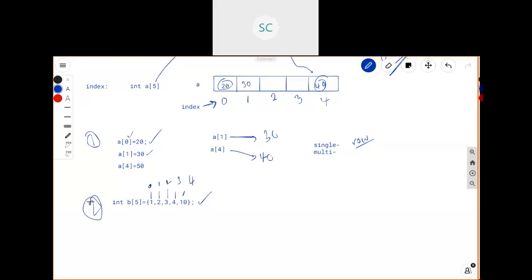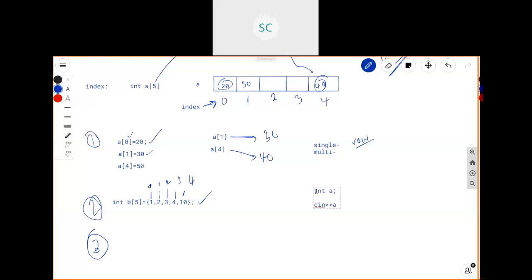You can get elements from the user also. Here I am assigning directly. Similarly, in the variables concept, I have declared int a equals 20. Instead of assigning manually within the program, you can get that value from the user. How? By using the cin object, cin with the greater than operator. This means you can get the data from the user.